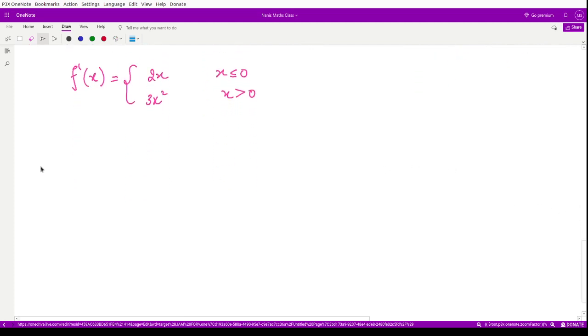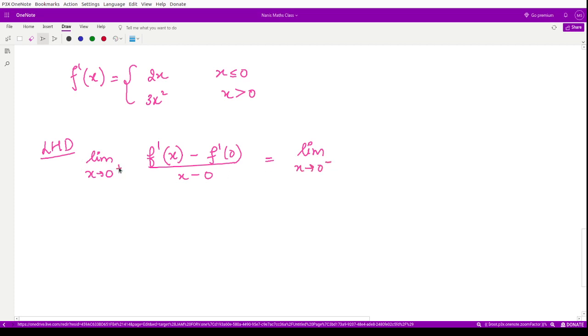So this is the first derivative. Now in order to go for the second derivative, we have to again go for the left hand derivative and the right hand derivative. So we are to compute the limit as x goes to 0 of f dash x minus f dash 0 divided by x minus 0. What is the value of f dash x here when we approach it from the negative side? That would be equal to 2x, and the value of this at the point 0 is 0 only, divided by x minus 0. So its value is 2.